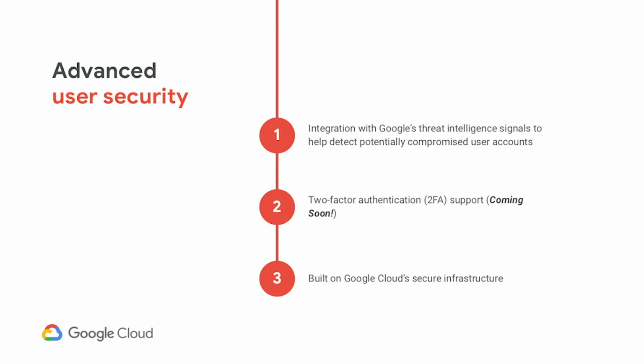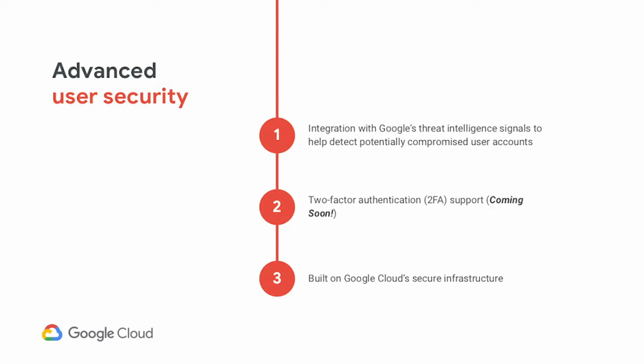Someone's threatening this account, and you can log the user out, force them to re-authenticate, audit the activity in your logs so you can take action. So you can use Google's intelligence to help protect all of the applications you're building on top of this service. We're soon to offer two-factor authentication to make that even stronger. And so we really want to roll that out and make sure that we, first and foremost, deliver things that are important and meet customers where they are, but start to do revolutionary things. You can see some of the interesting things we're doing there in some of the sessions tomorrow around security keys and other bits and pieces.